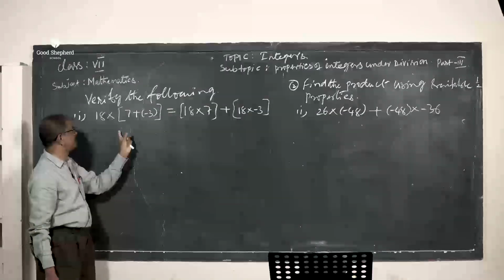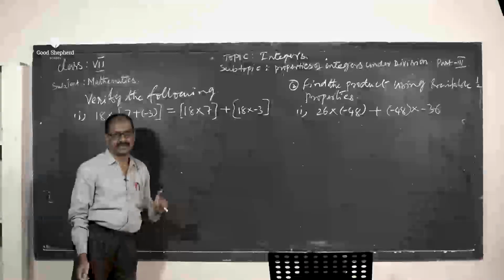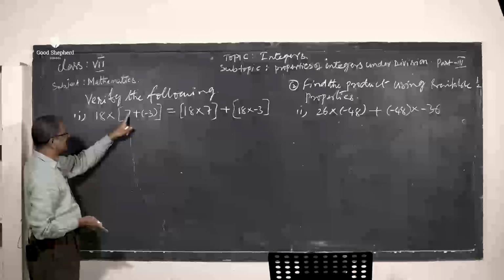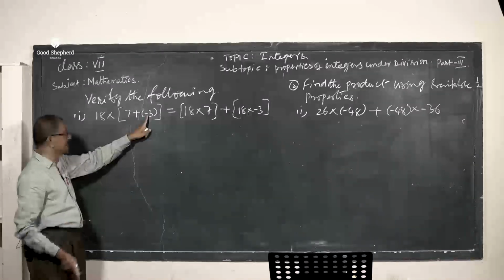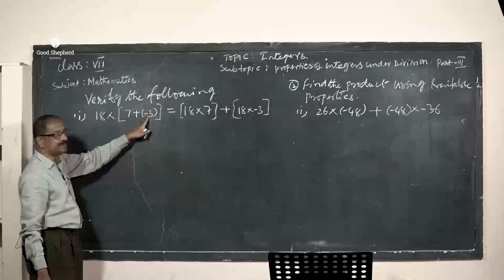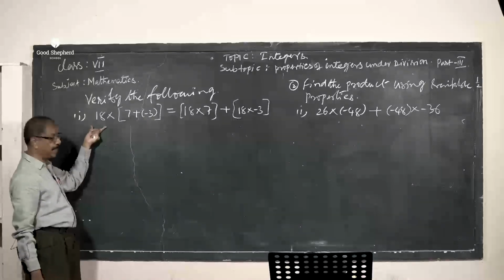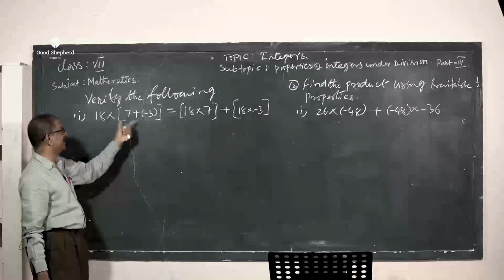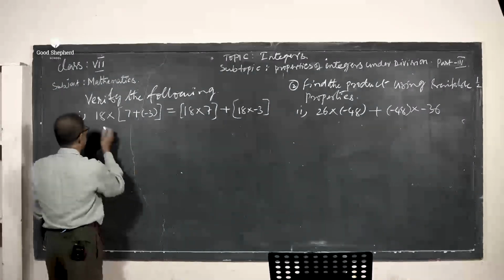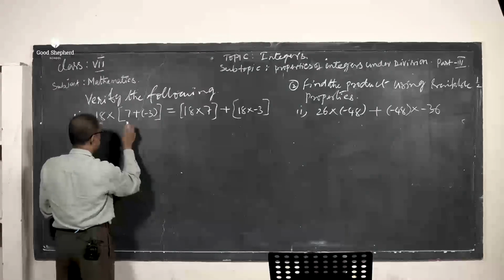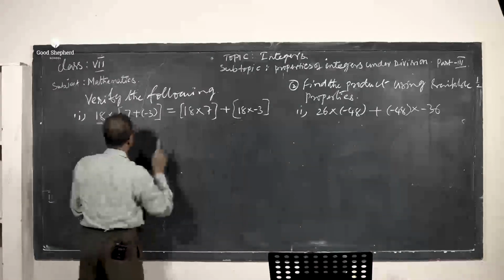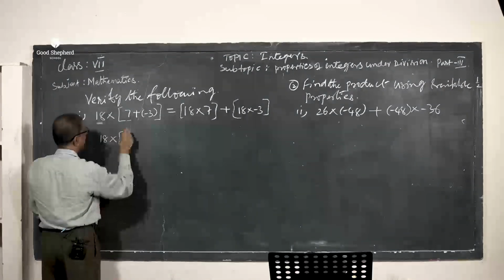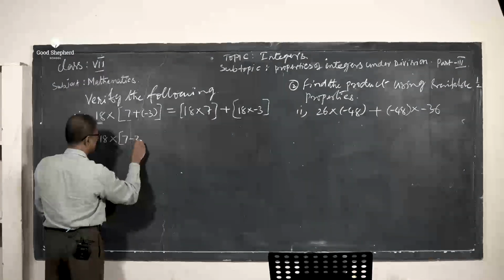Now, observe this question, the left and right hand side. What property should be adapted? There are two ways we can do it. Write as 7 plus of minus 3. This I can write as 7 minus 3, which becomes 4, then 4 into 18. That is also the associative property we can adapt here, but it's under multiplication. Now, this 18 we are multiplying with the 7 as well as the minus 3. First, we will do 18 into 7 plus into minus is minus 3.